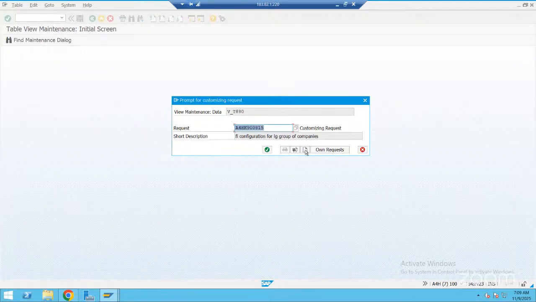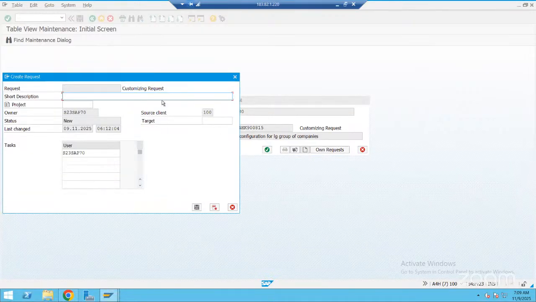Now I can create a new transport request. Click on create. For new company. This one, I always suggest people to be more clear and give a description here. Even though the date and timestamp come here, it is still better to give this one here as well, so it is easy while searching.